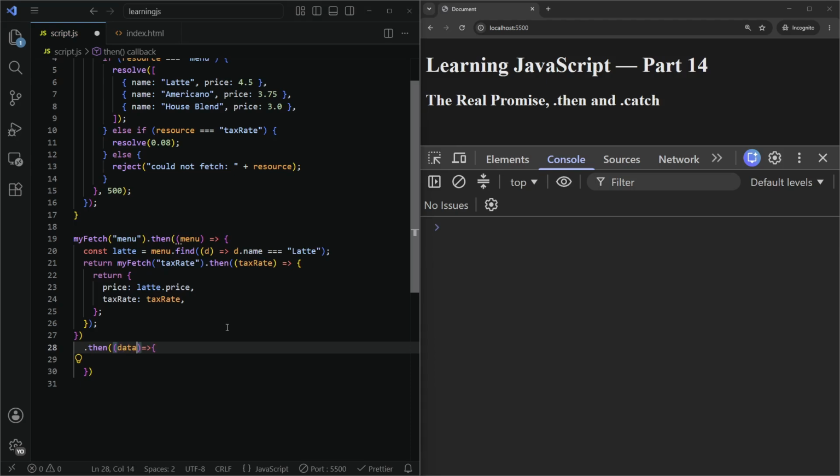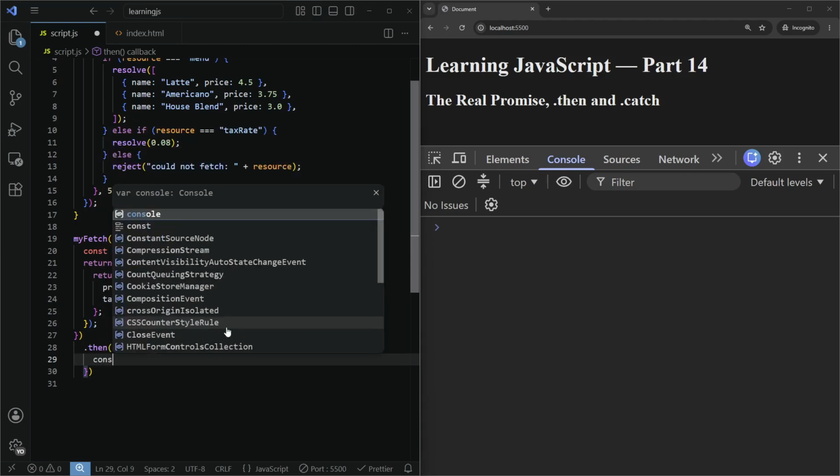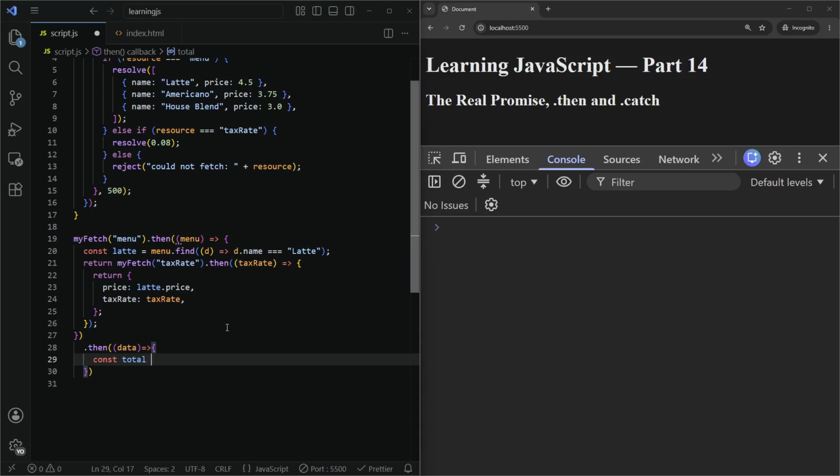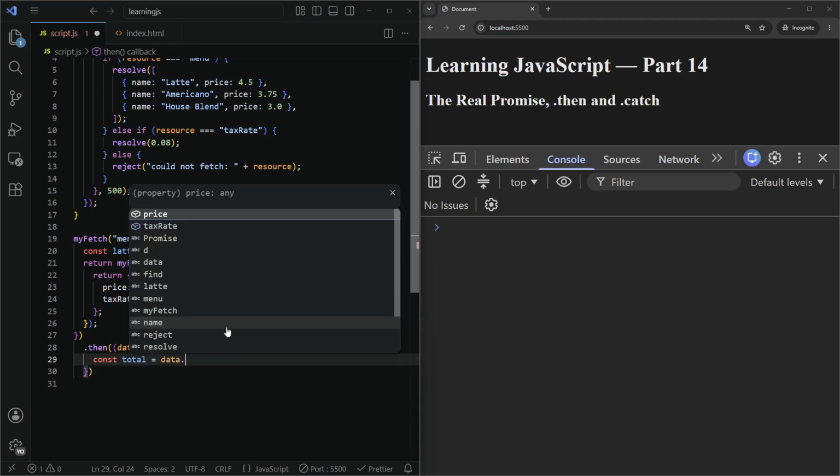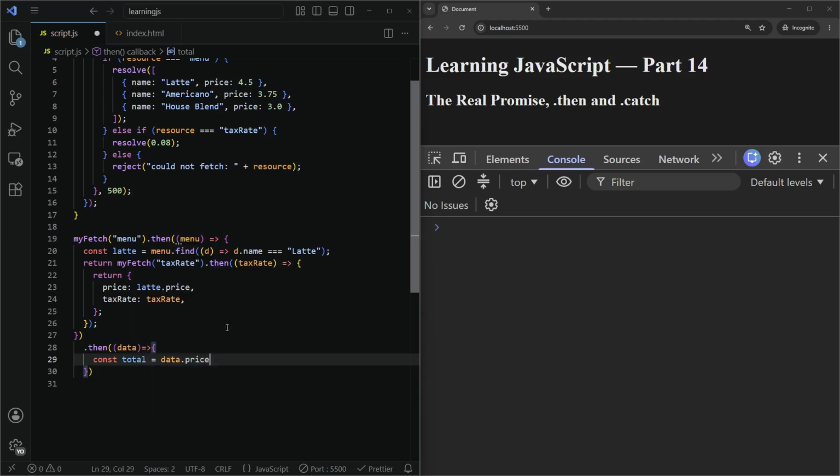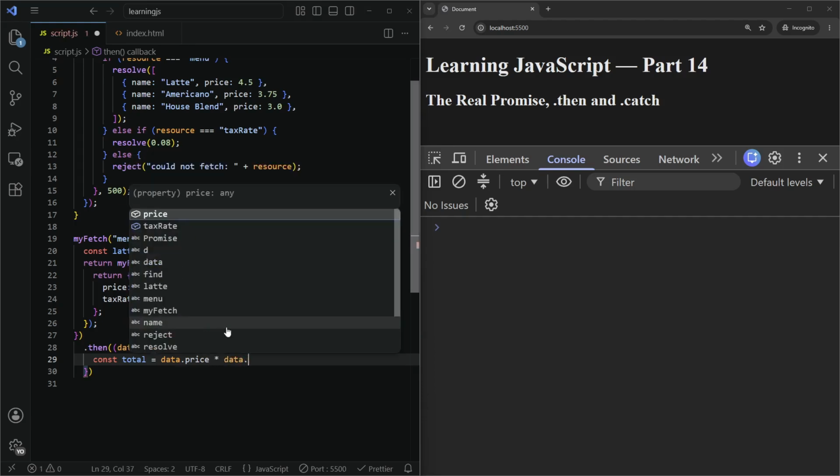So it's the data. And what are we going to do with the data? Let's calculate the total, and it's data dot price times the data dot